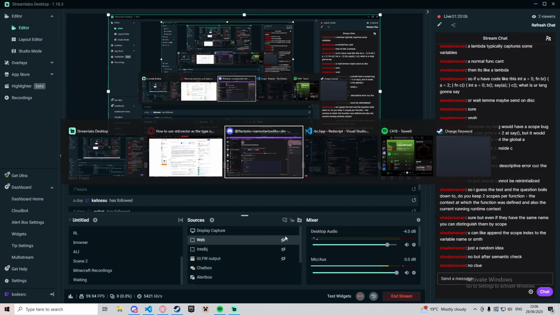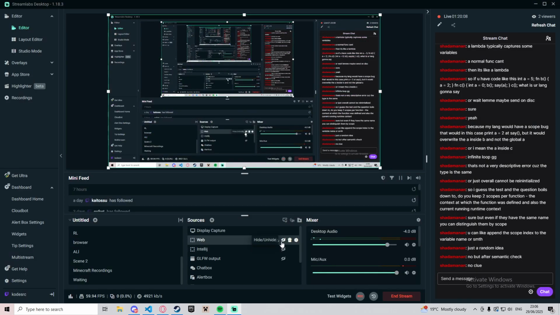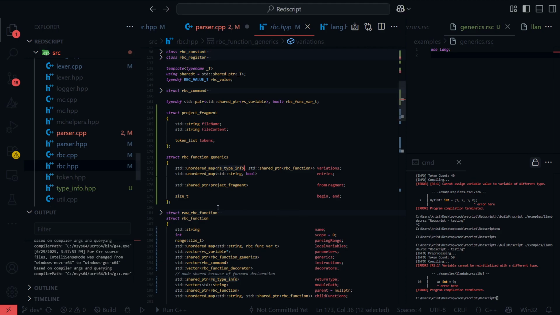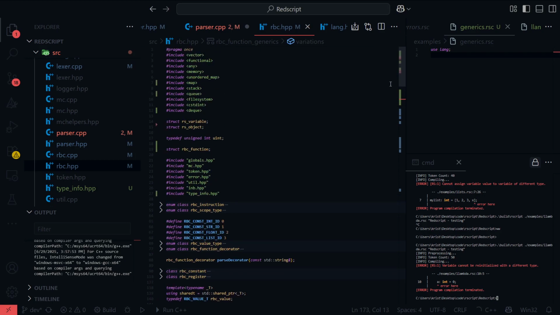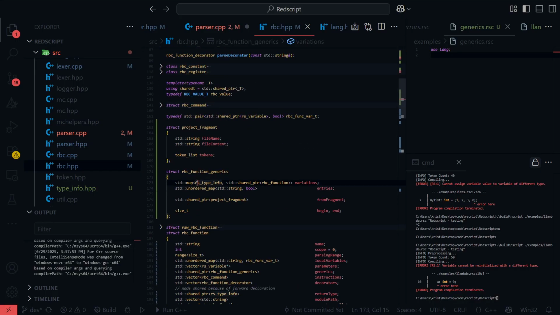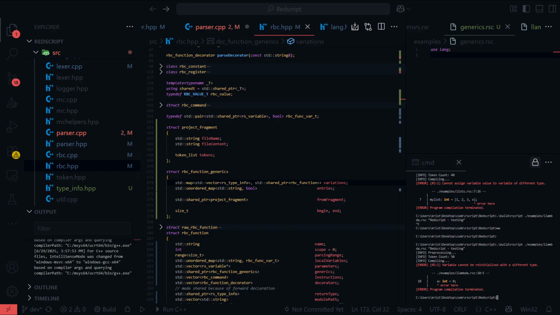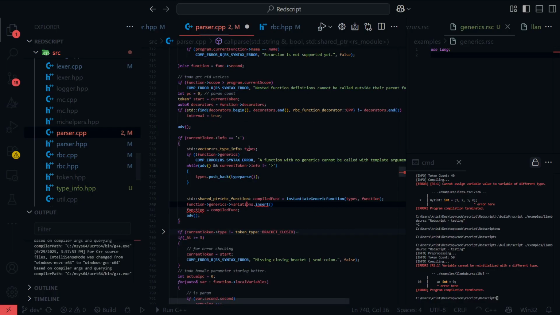Yeah, okay. If it works in map, I'm just gonna change straight to map. Like, I'm not gonna lie. Let's just change this to a map and include that up here. Okay, we already do. So it's a map of vector. The reason the key to the map is a vector of type info is because obviously each different generic instantiation